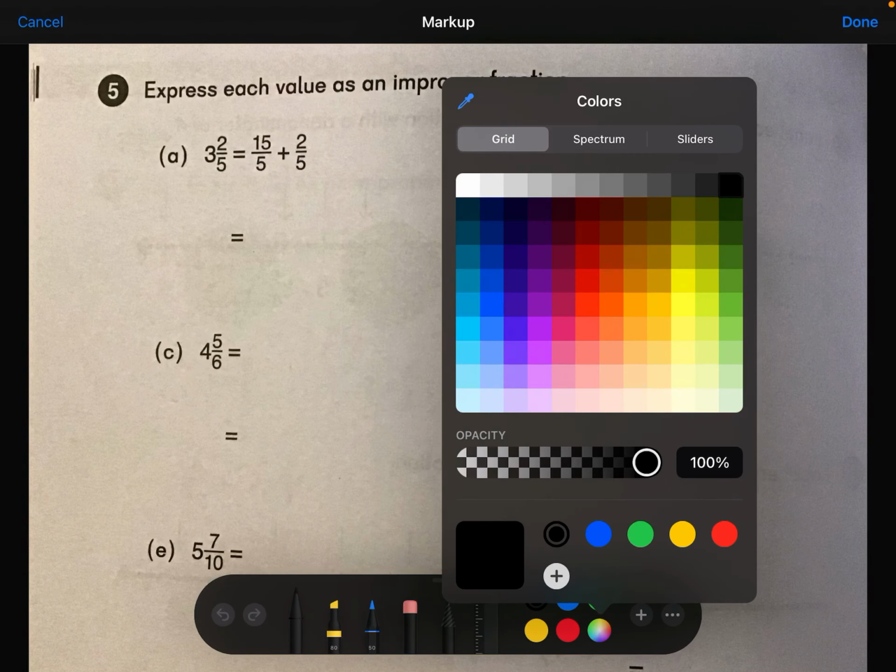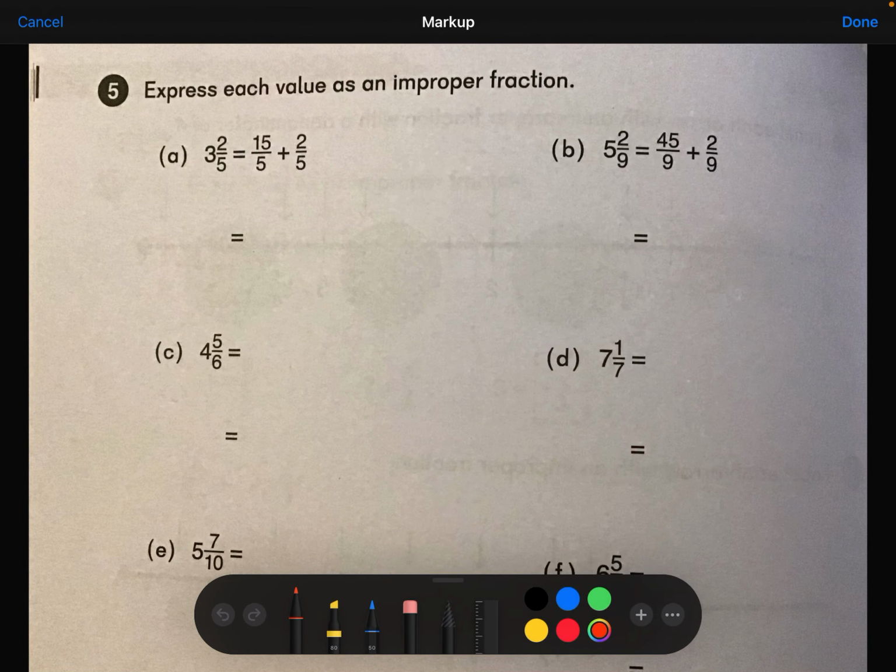All right, let's go ahead and look at the 4th grade workbook, page 144, which is chapter 6.6. What we're doing in this section is we are expressing a value as an improper fraction. So basically we're taking a mixed number and turning it into an improper fraction. If you look at A, it is showing us how to break down or translate 3 wholes and 2/5 into